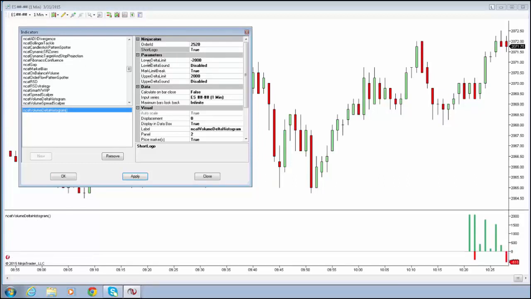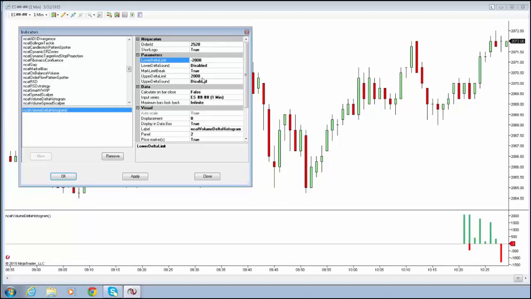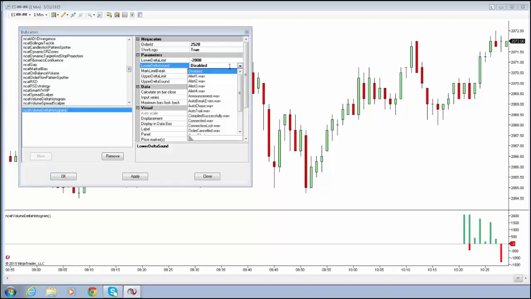Okay, the lower level: if it comes down to negative 2000, you can put whatever you want in here. The default is negative 100. You don't want this thing dinging all the time, and you want to only look at really extreme values, so I have mine set at 2000 in this example just so it doesn't continually give me lots of different alerts. But you have a lower limit here, you set that, and then it'll give you an opportunity to set an alert. So you can use alert 1 through 4